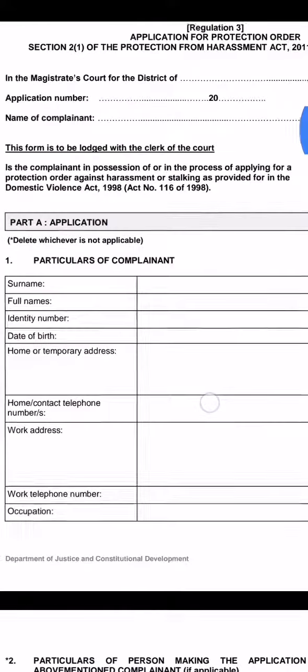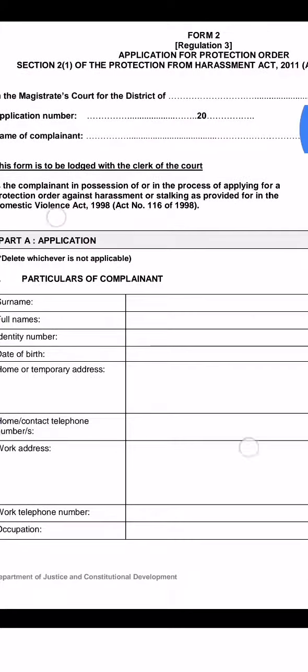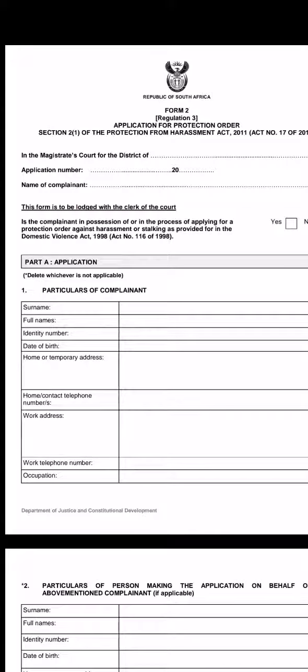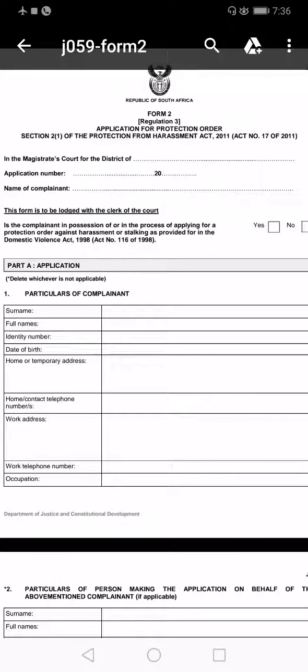The Magistrates Court for the District of. Now, what you're going to fill out on that line is which court you are going to use to apply for the protection order. Normally, that court would be the court where the person who is harassing you resides. If you do not know where the person who is harassing you resides, then fill it out and leave open this part in the magistrate court for the district of. And then when you're done filling the form, just fill in your local magistrate's court's name,